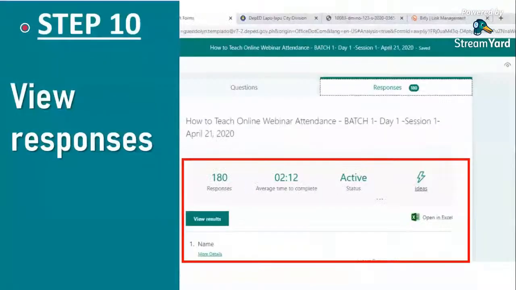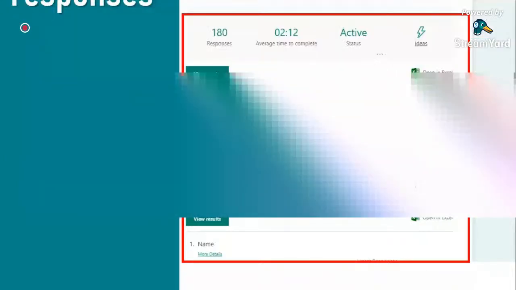So this is an example. Microsoft Forms comes with rich, real-time analytics that provide a summary of information for educators, for teachers, as well as results for individual students.